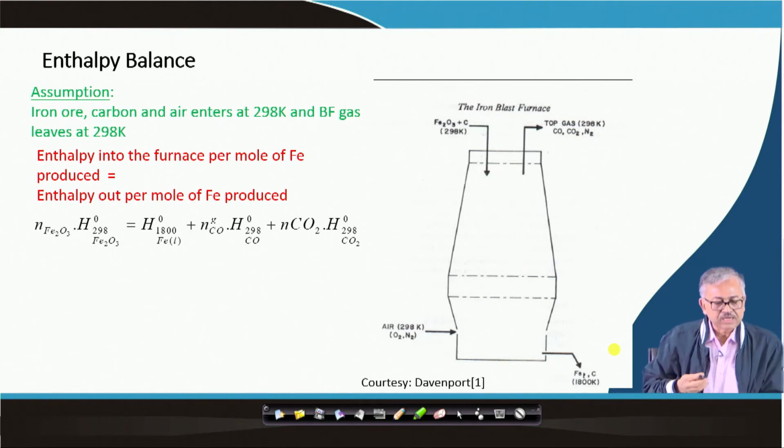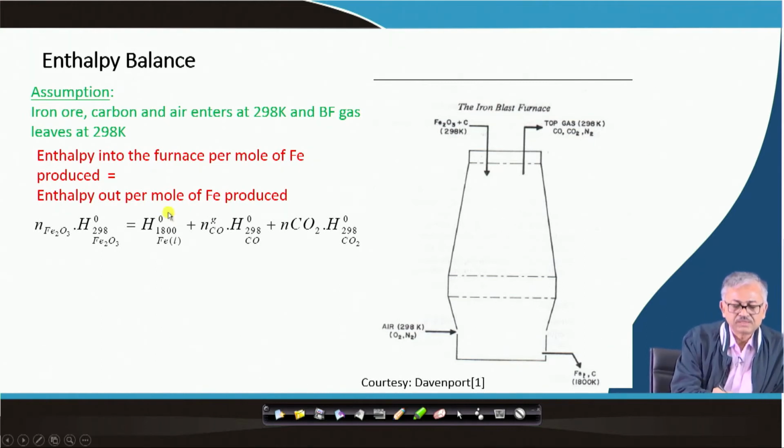And on the right hand side, what are the enthalpies? You can find there is the liquid iron. So, the standard enthalpy of liquid iron at 1800 will be there. And you will also have two other enthalpies, that is the gas that is leaving. So, the number of moles of CO leaving times the standard enthalpy of CO, plus